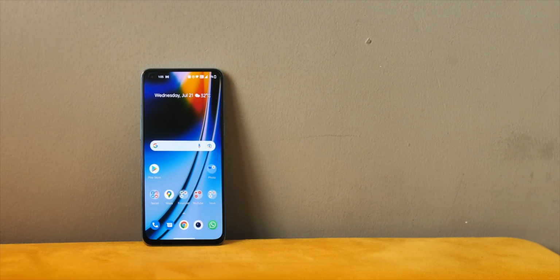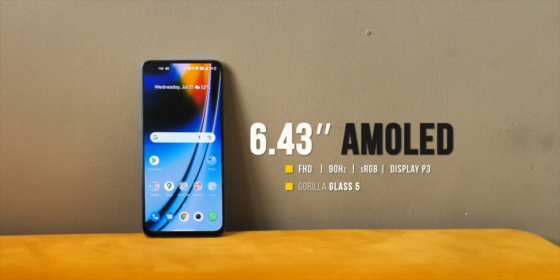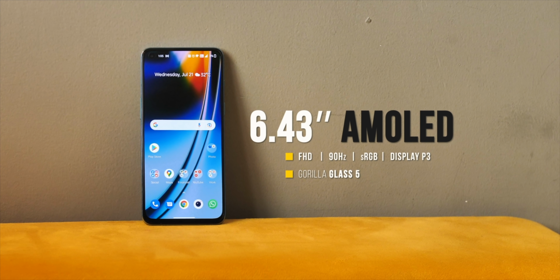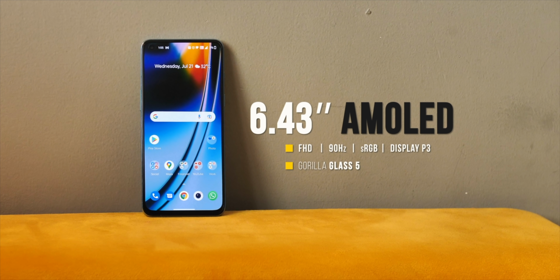As for the front, it has not changed a lot. It's still a 6.4-inch AMOLED display with a 90Hz refresh rate, sRGB and Display P3 support, and Gorilla Glass 5. Now, personally, I would have liked a 120Hz panel, but I'll be comparing it to other phones and see if it's a big difference. Now, the design and display apart, the two major upgrades in the OnePlus Nord 2 is